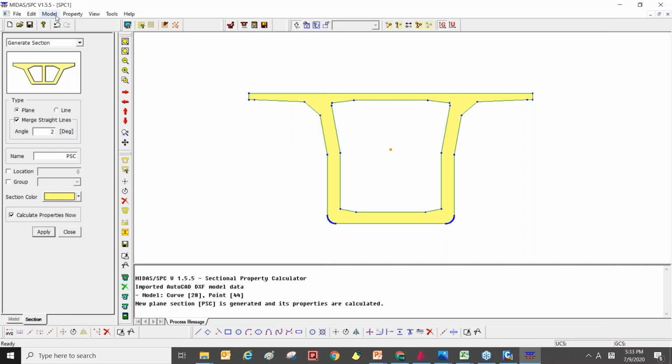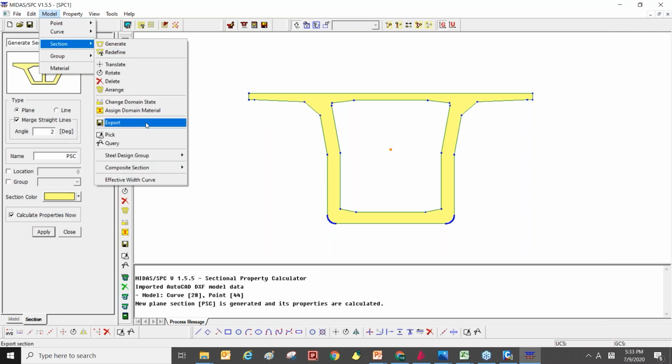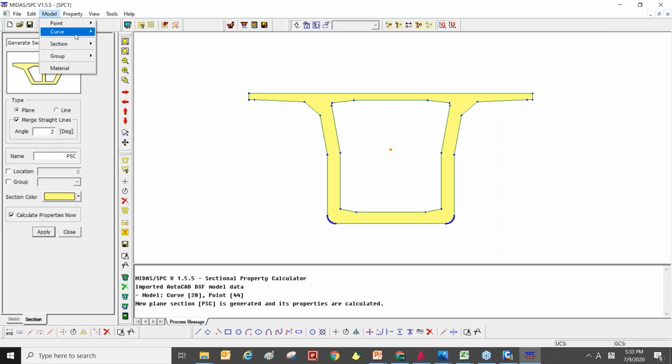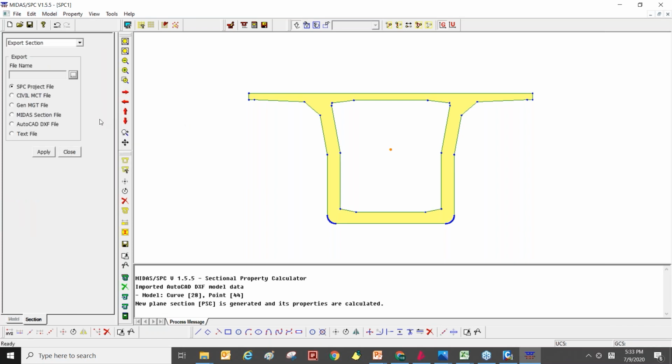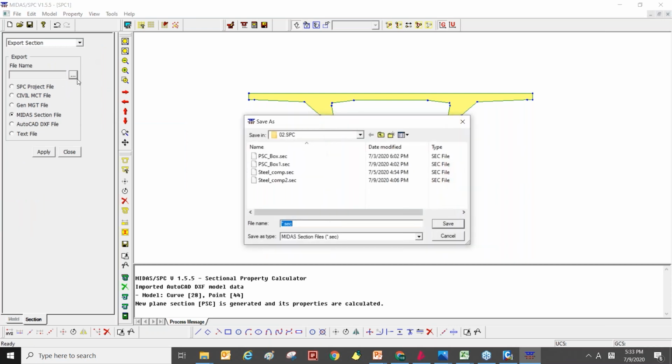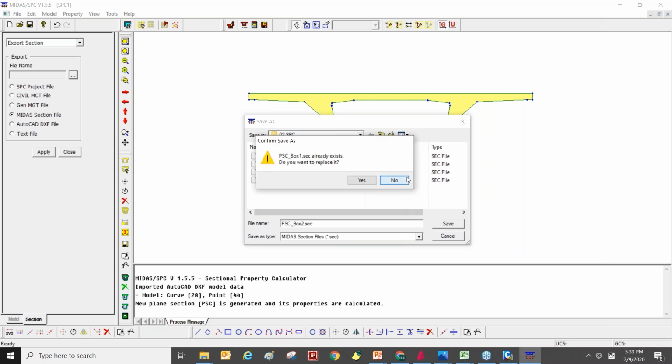So after creating the section, we will select export in the section tab, and select the MIDAS section file and click this button and input the section name.